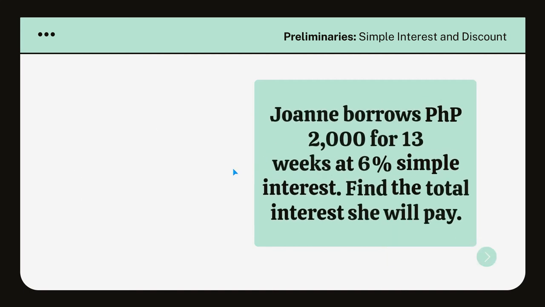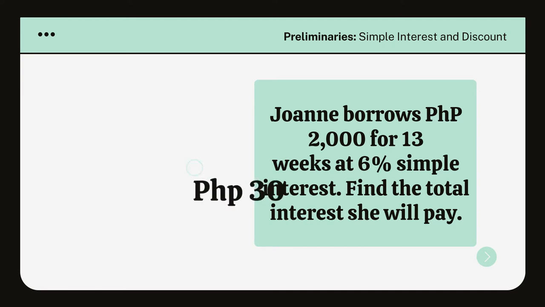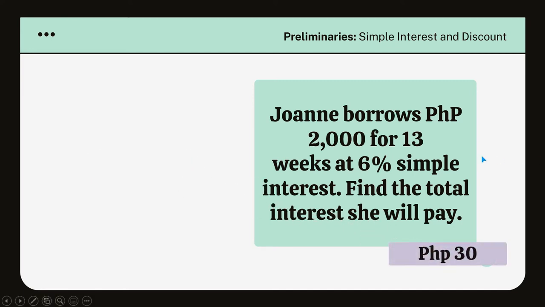Next. So Joanne borrows 2,000 for 13 weeks at 6% simple interest. Find the total interest that she will pay. Of course, the answer is 30 pesos. Okay, why is it so small? Of course, you're going to consider the number of days or the time and the interest rate that is considered